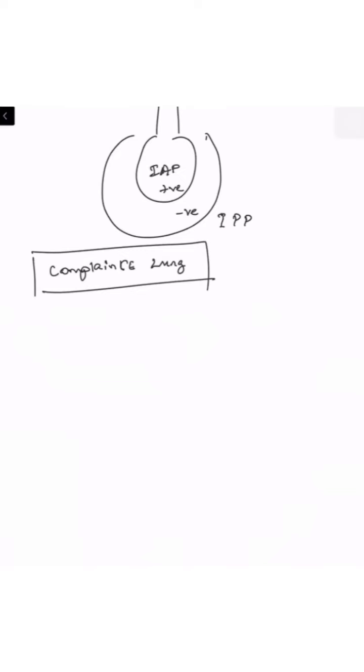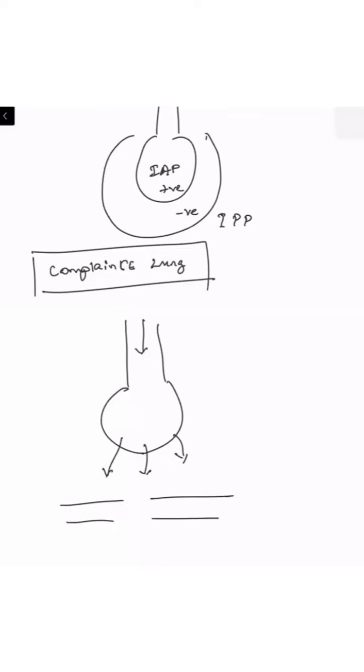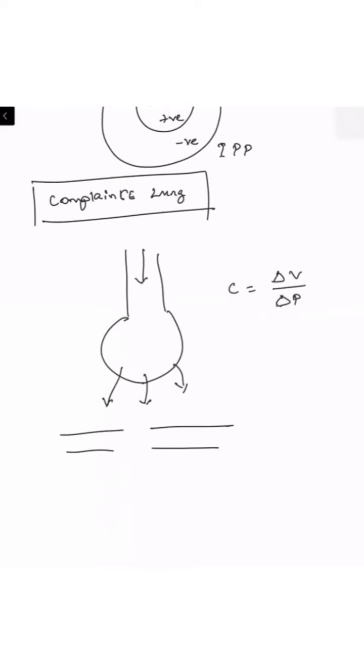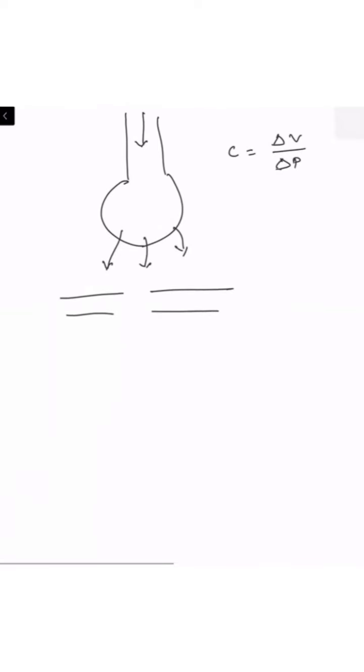Normally during inspiration, the patient takes in air, which is an active process. The air enters the alveoli and has to diffuse through the alveolar membrane, reaching the pulmonary artery and pulmonary veins. So basically, normal lung compliance is equal to delta volume divided by delta pressure. That is the difference between the volume changes happening in the lung and the difference in the pressure changes happening in the lung. So what is the normal volume change happening in the lung during inspiration?